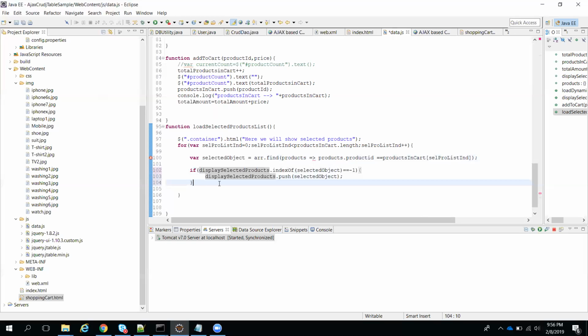Okay, so first of all we'll see whether this is filtering or not. Once it is filtering the elements, it should get the selected product inside this array. To do that, console.log, we need to check this outside of this for loop. I will go slowly again, I will repeat. This is not a big logic. We are just filtering based on product ID. That's all.